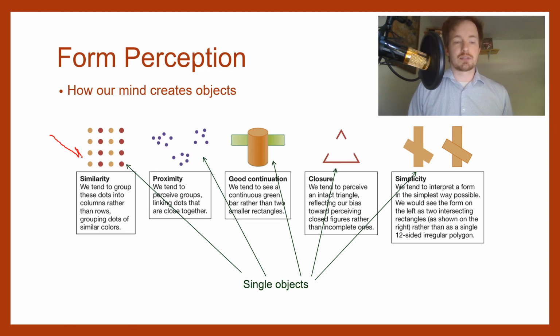So in this case, if I were to ask you to describe these 16 circles, what would you say? You'd probably say, well, these are 4 groups of circles, 2 groups of the same color, and they're going down vertically, right? Or you would at least say that this row belongs together, this row belongs together, and this row belongs together. Not that this row belongs together and this row horizontally like that, right? And the reason why we do that is because we automatically tend to group things that are based on similar